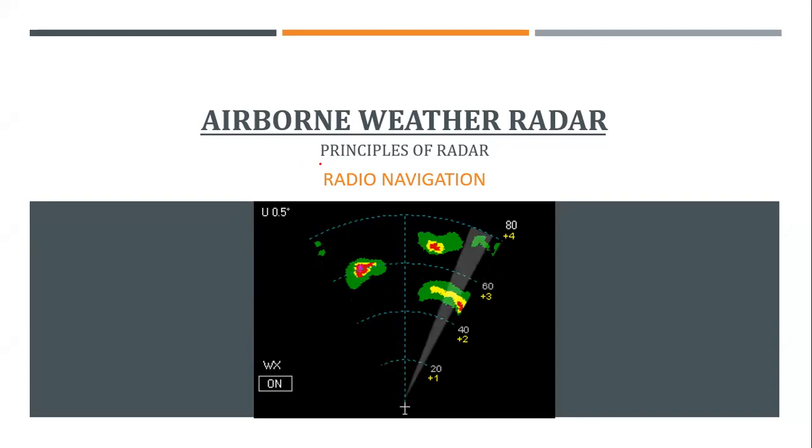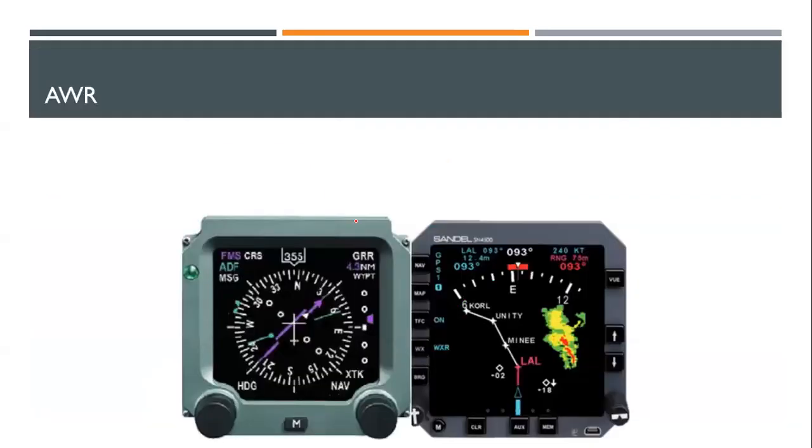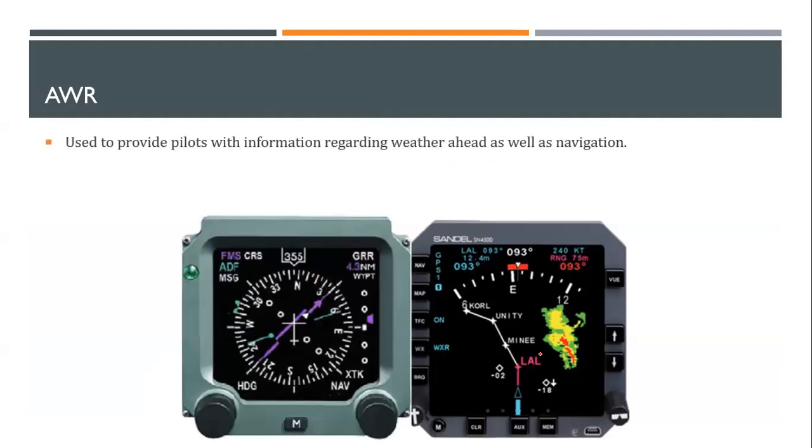Okay, and the principle you can see is the principle of the radar, which is your search and echo principle, both of them. So AWR works in this method. There could be different displays on the aircraft. The one which we saw previously or this one, both are displaying the same thing, and we'll get to what they're displaying. It is used to provide pilots with information regarding weather. We'll see how. It requires interpretation by the pilot.